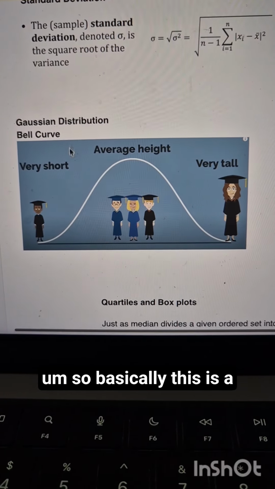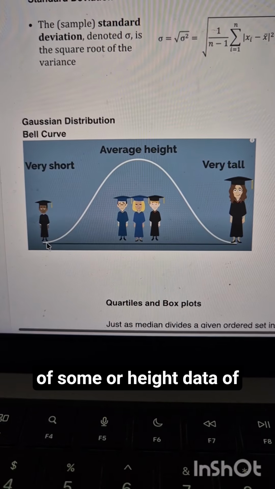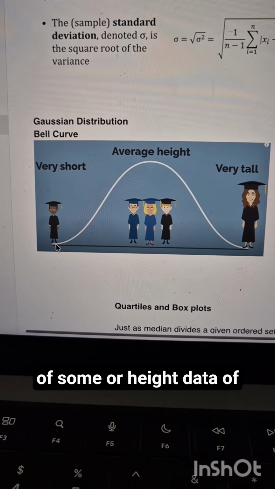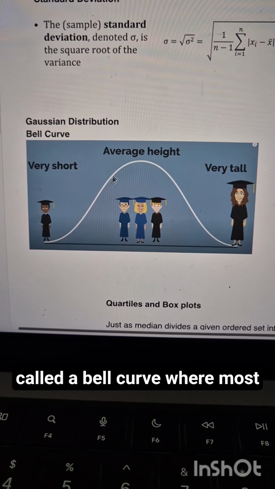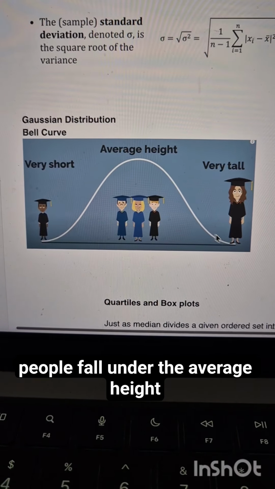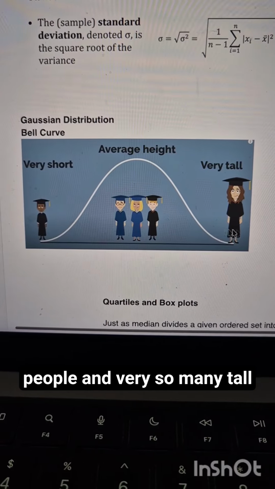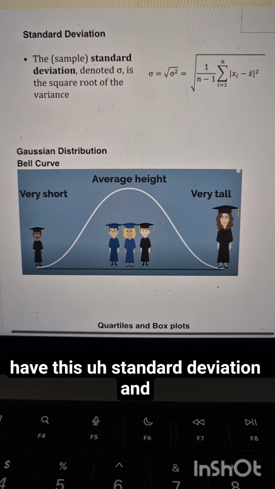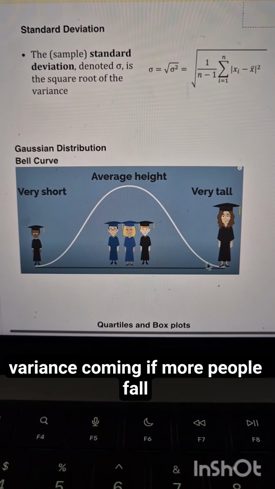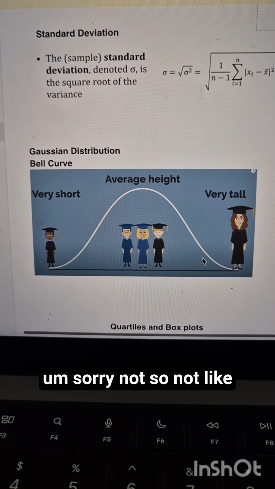Now basically this is a Gaussian distribution of how the data usually is. If we take height data of people, then this is how it usually is. It is also called a bell curve, where most people fall under the average height category. There are still very short people and very tall people, and that is where standard deviation and variance come in. If more people fall in very, very tall or very short categories,